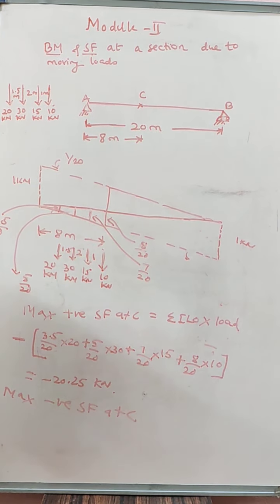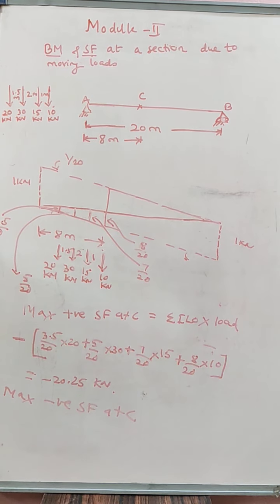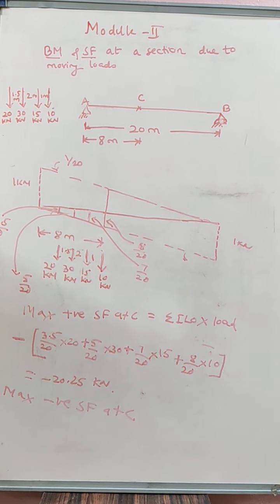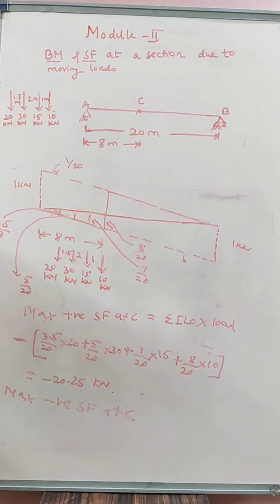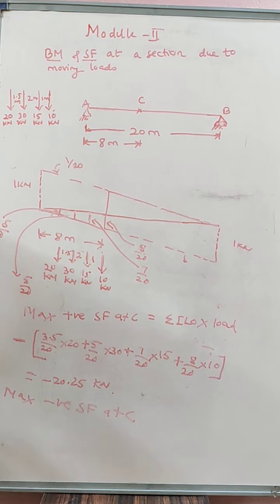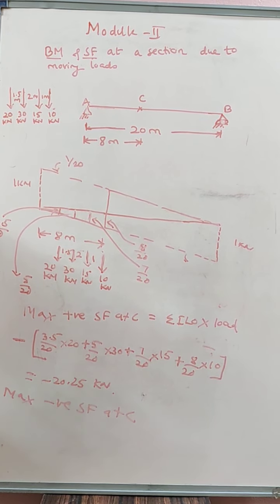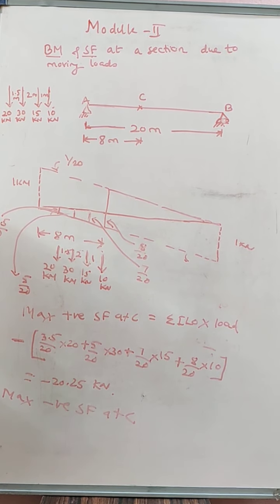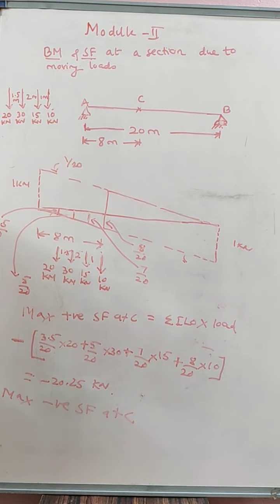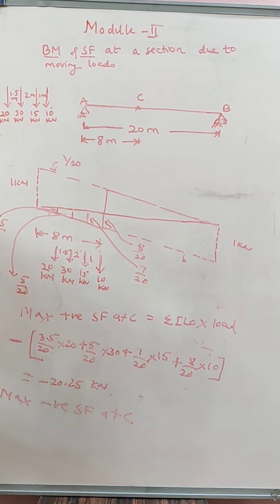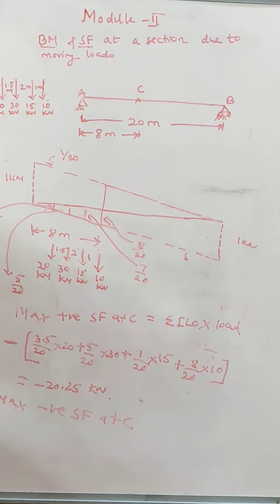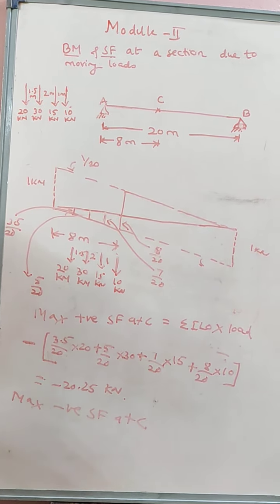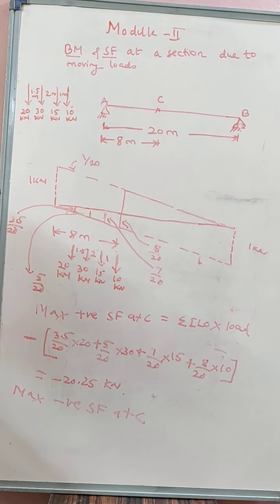So my dear students, this is how we need to find out maximum bending moment and maximum shear force for a beam at a section when a series of loads moves from one end to the other. That means first we need to draw the influence line diagram for bending moment and shear force, and make certain trials. Like in the case of bending moment, we made two trials. What were the two trials? First, we kept the maximum load below the maximum ordinate. The next trial was the next maximum load, 20. We kept that below the ordinate and found two values. Out of the two values, whichever was maximum was the maximum bending moment at C.